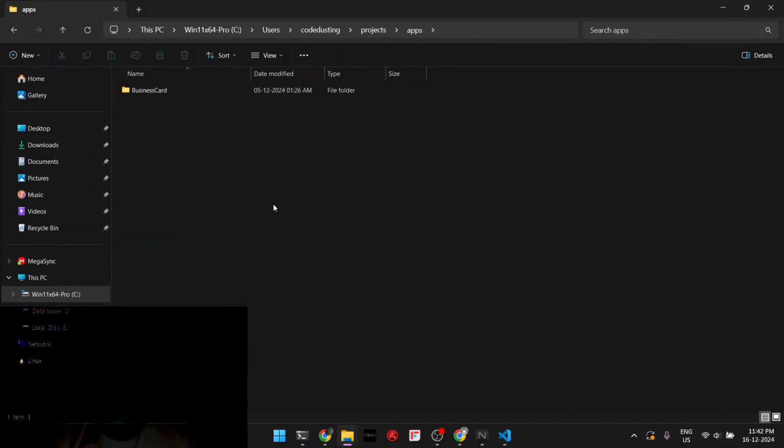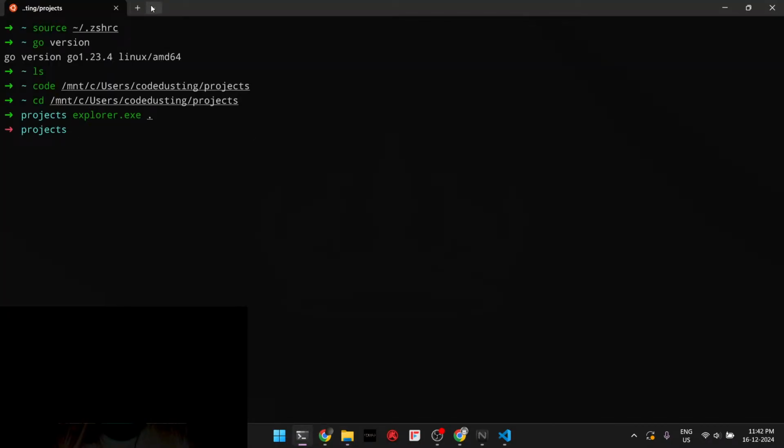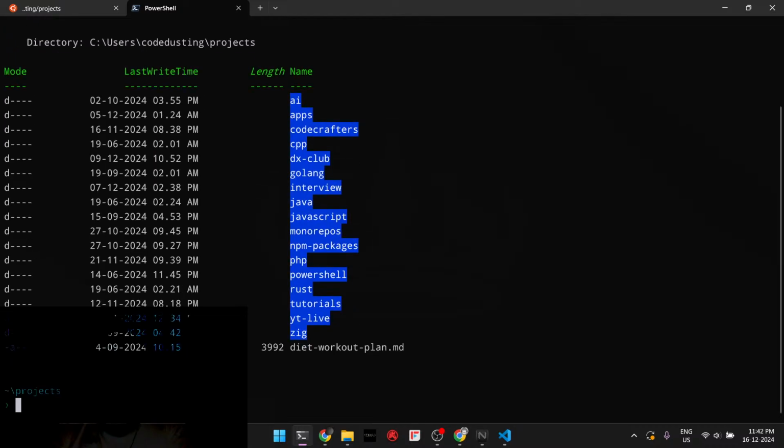Basically, this is something that I was doing. So I just simply want to remove all the node modules. I don't know whether I have that or not. Something like, if I remember, there was something like,